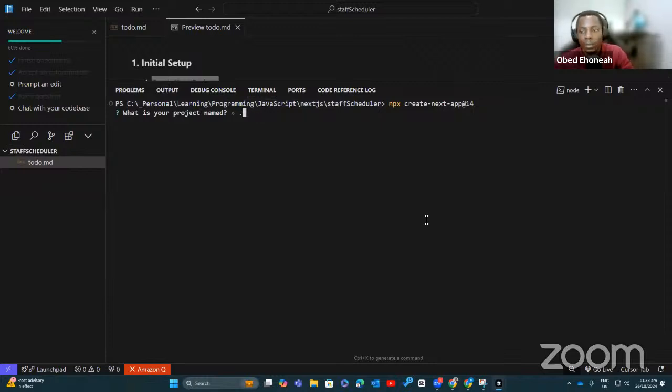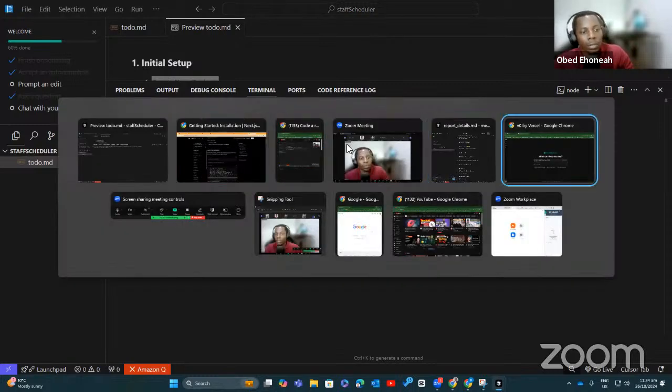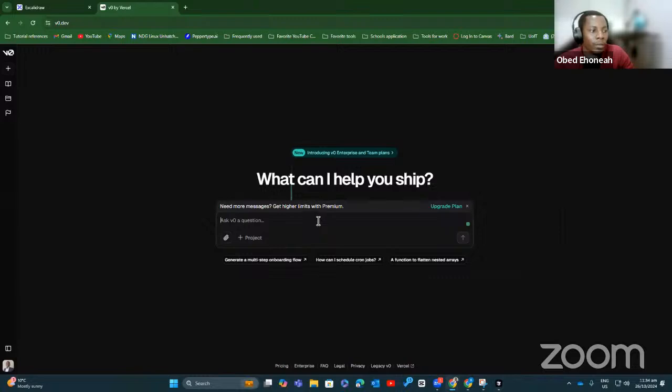Obed, sorry, what did you say is the editor you are using? The latest Cursor, cursor.ai. Cursor AI. Yeah, this is the editor itself that we are using. You also mentioned something about V, something, v0.dev. That's going to be used for designing our front end. Okay, yeah, that's v0.dev.